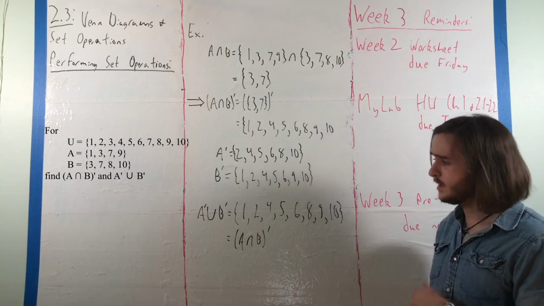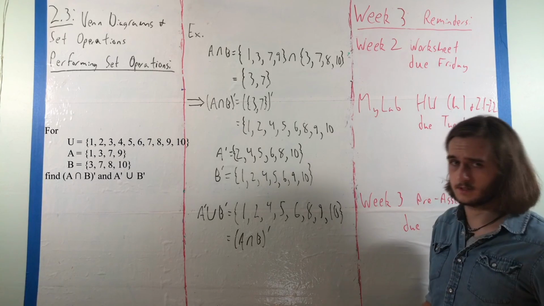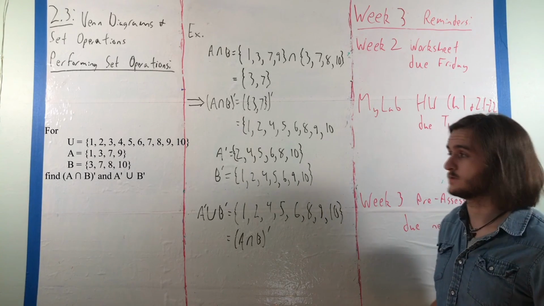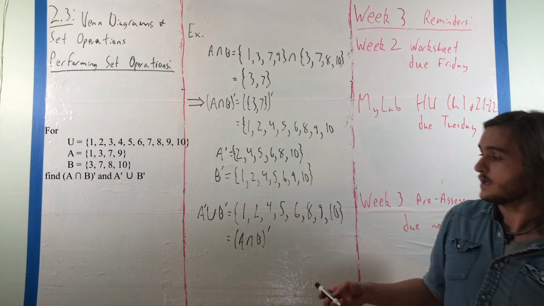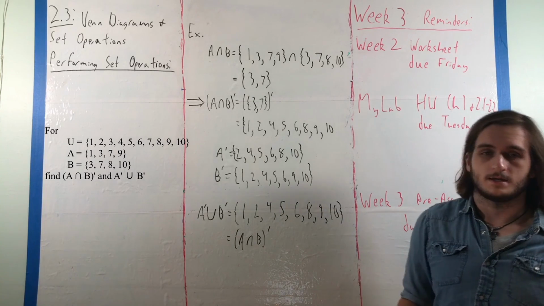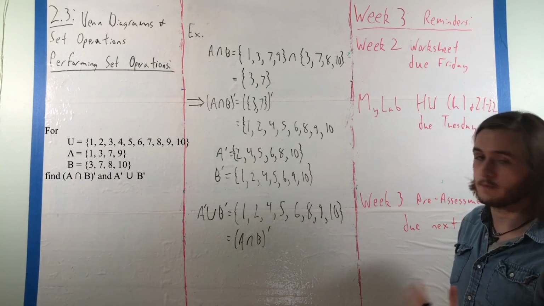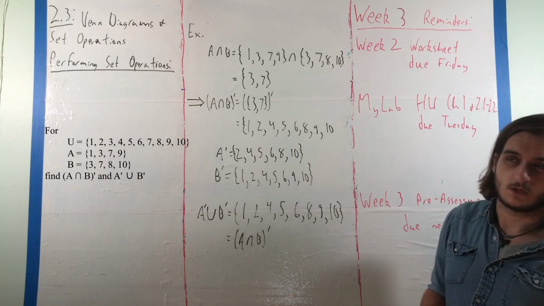And this hints at a very important property that we're going to see in 2.4, which is called De Morgan's laws, which tell us what happens when we try to negate or reverse unions and intersections. But we'll see that near the end of